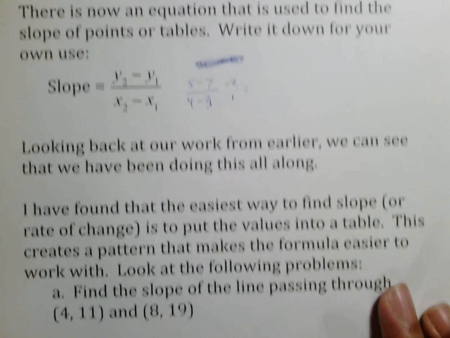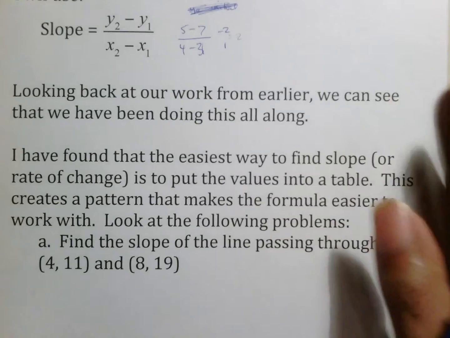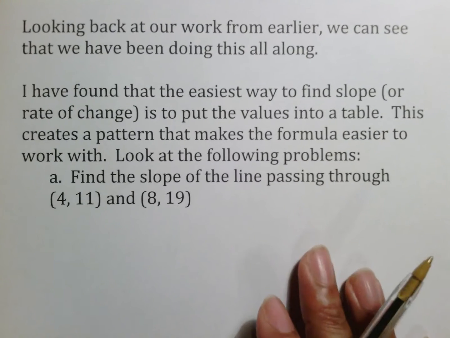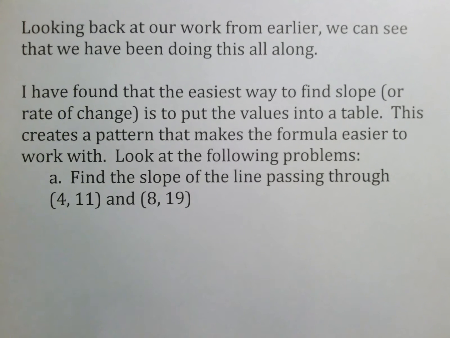So looking back at our work from earlier, we can see that we have been doing this all along. What I found is that the easiest way to find the slope, or as we say, rate of change, is to put the values into a table no matter what. Now I know, again, some of us like to make sure we get the problem done as fast as possible, which is fine. But for those who are trying to make sure you get it right, start practicing now the right way,